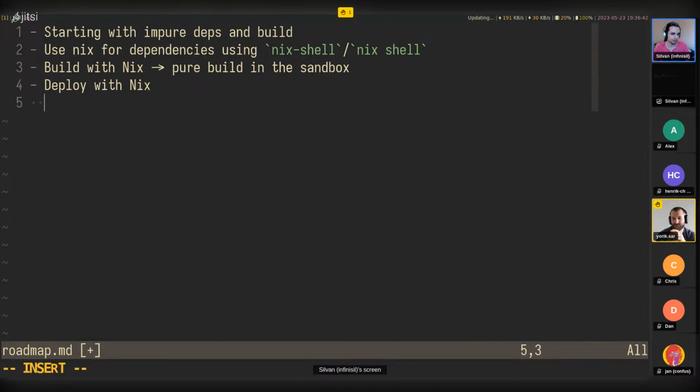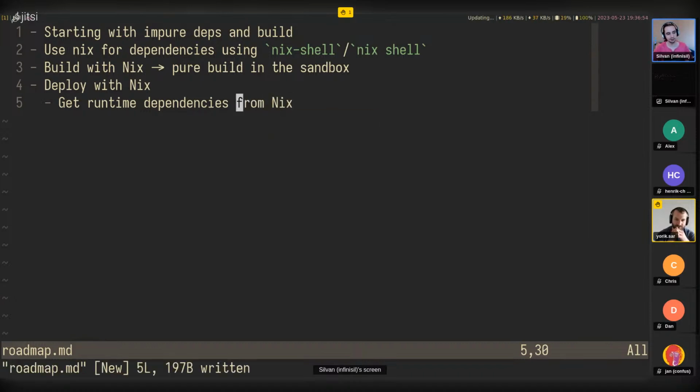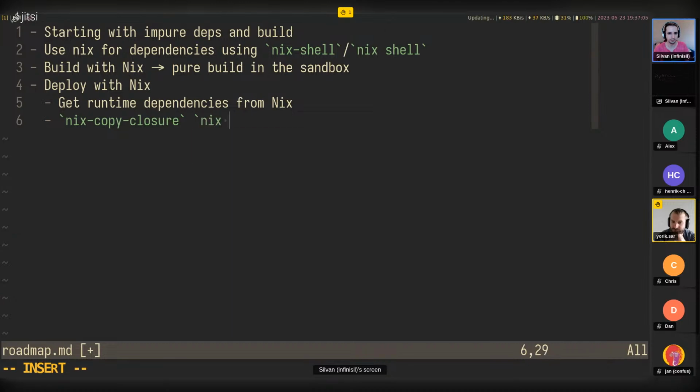But if you want to deploy with Nix, you can get runtime dependencies from Nix. And so you don't deploy just a single binary or a single tarball. You actually deploy using something like Nix copy closure. I don't know the equivalent here, but there you would deploy using this, and that would give you some benefits.